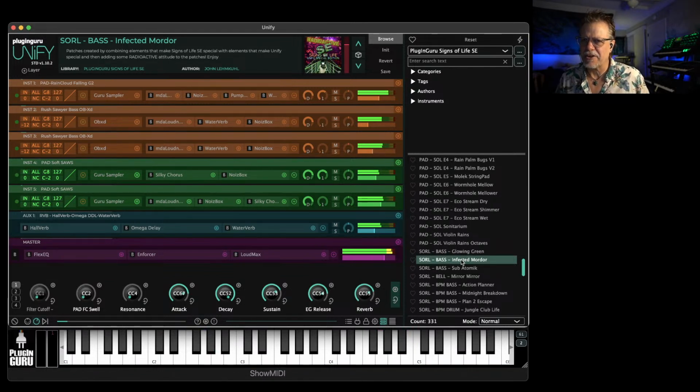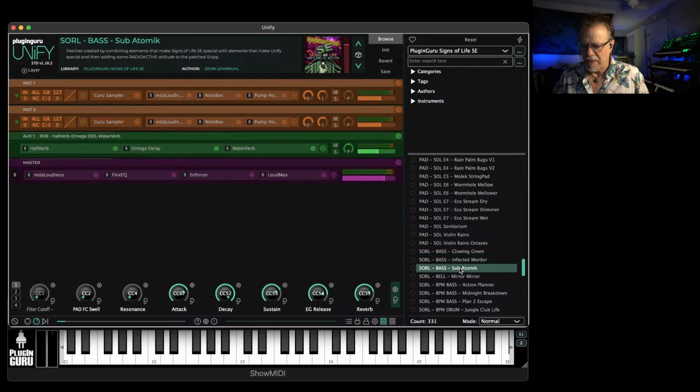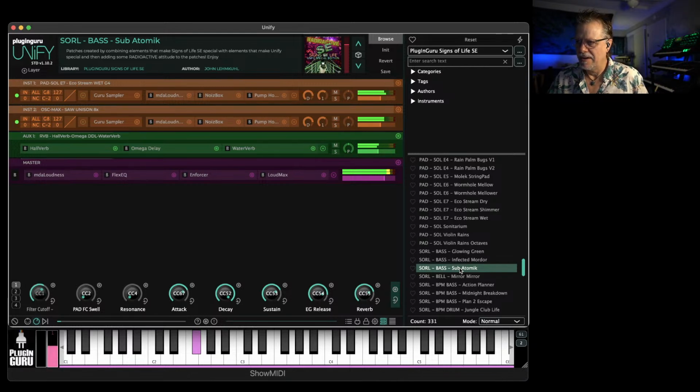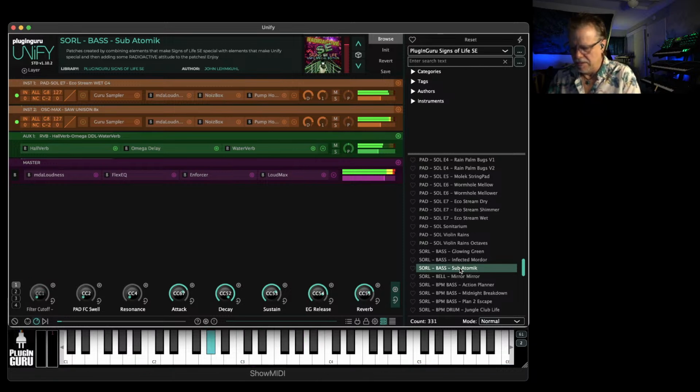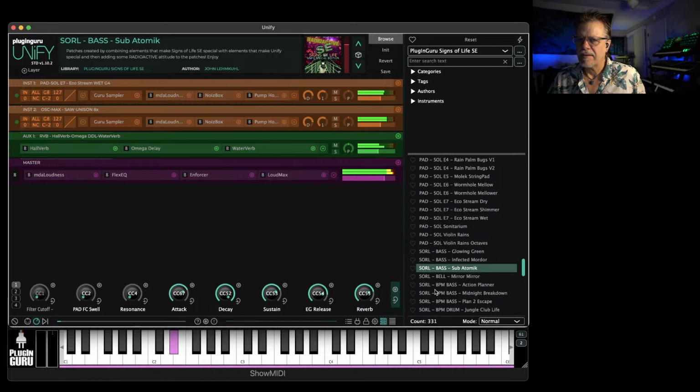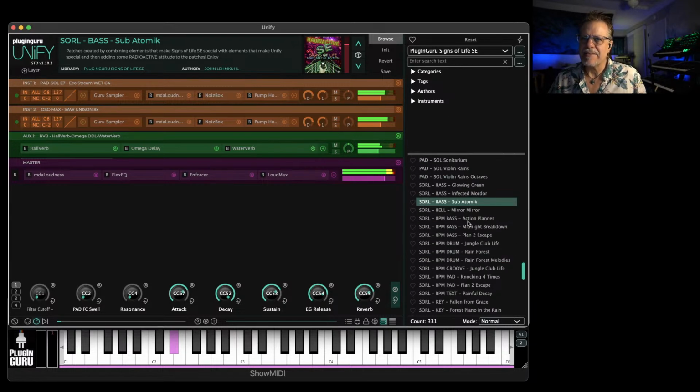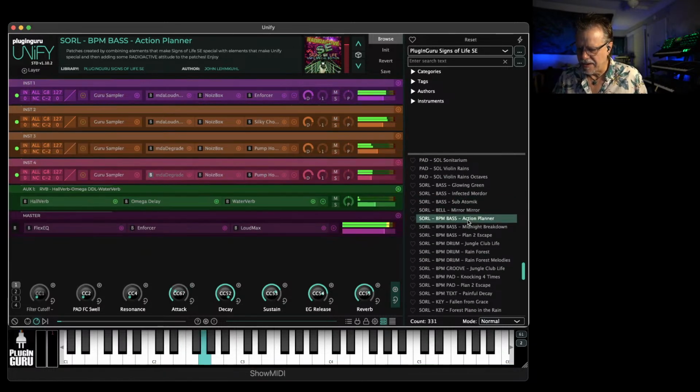So all that kind of cool stuff. Subatomic just sits there with this really cool menacing power. So stuff like that. There's BPM basses for the